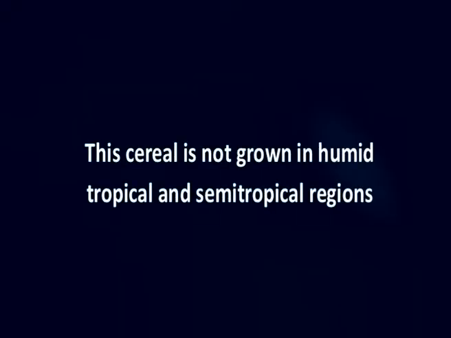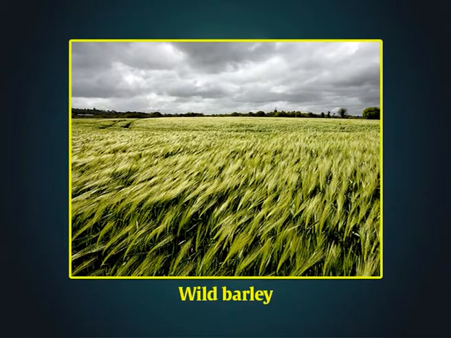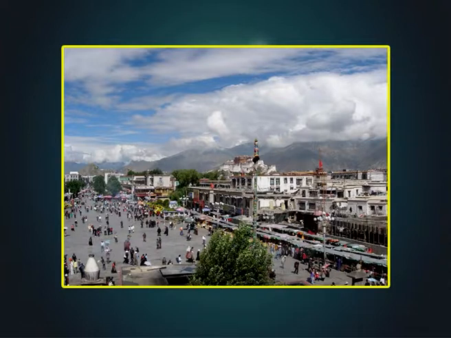The cereal is not grown in humid, tropical and semi-tropical regions. Outside this region, the wild barley is less common and is usually found in disturbed habitats. However, in a study of genome wide diversity markers, Tibet was found to be an additional center of domestication of